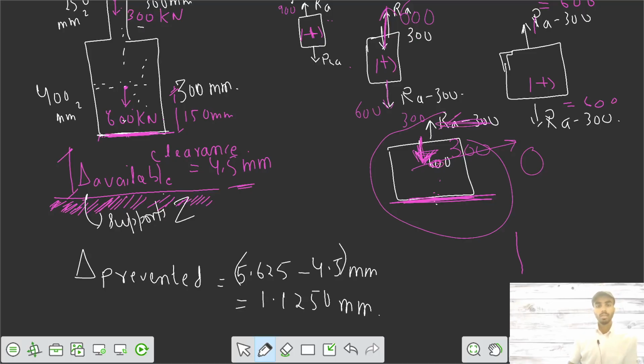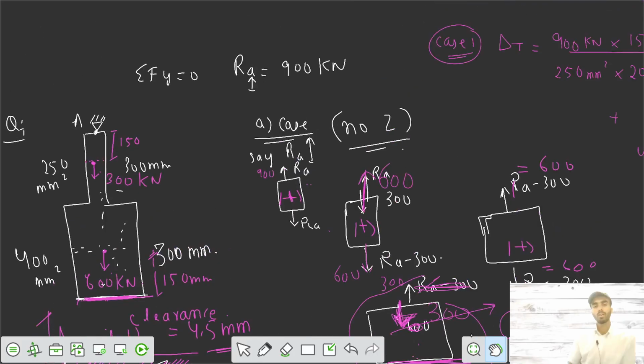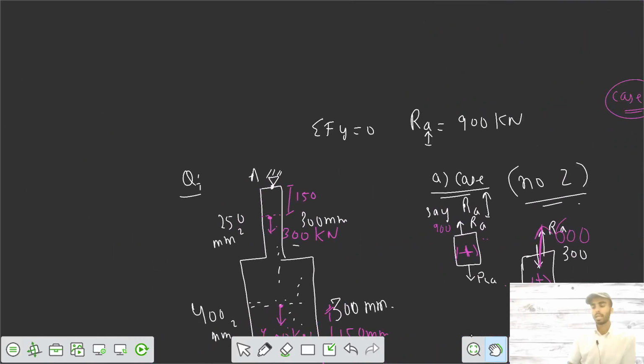Because of this part, since you are preventing strain, you are not allowing this to happen. Because of strain developed, internal forces would be developed that will give you internal stresses. So stress will generate after 4.5 mm have been elongated. Then after that, stresses would generate. But the question was saying